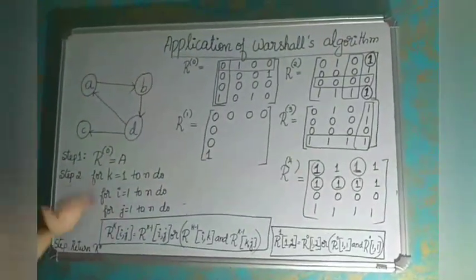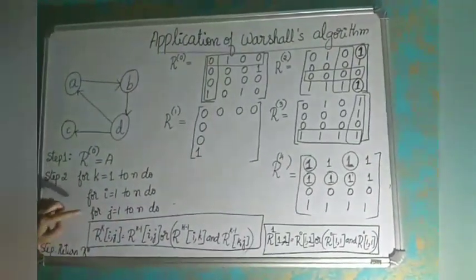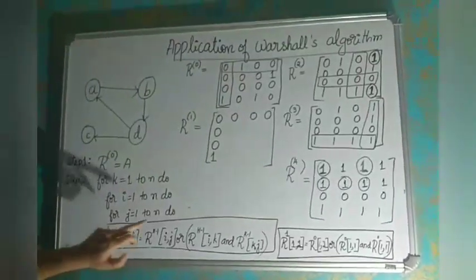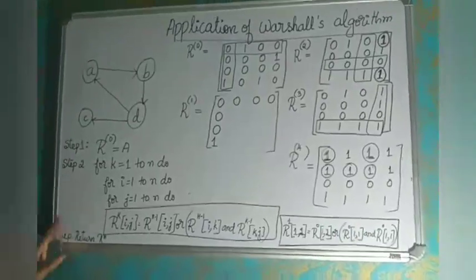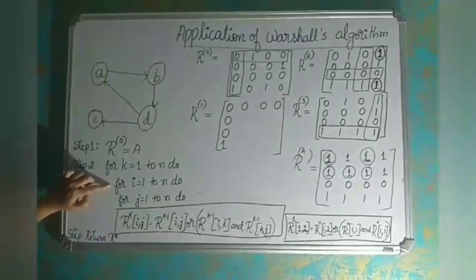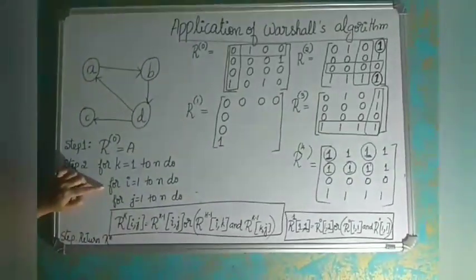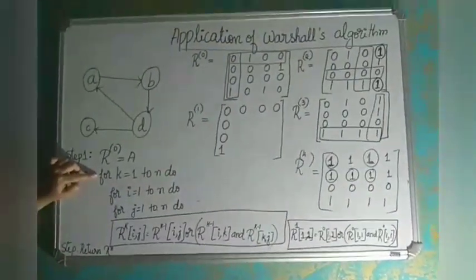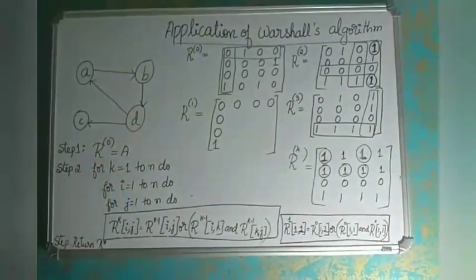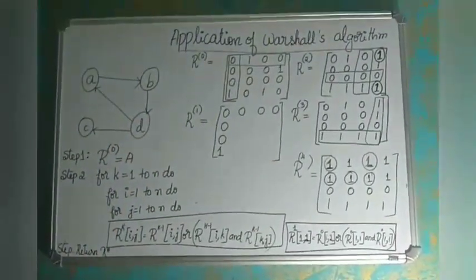So like this, if you keep on incrementing the value of j, when j goes beyond 4, this loop will get terminated, so then i will get incremented. So like this we will continue. When the condition of this for loop becomes false, it will come out and here k will get incremented. So we will repeat this for all the elements inside the matrix.